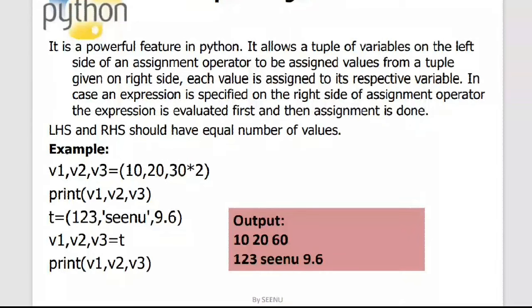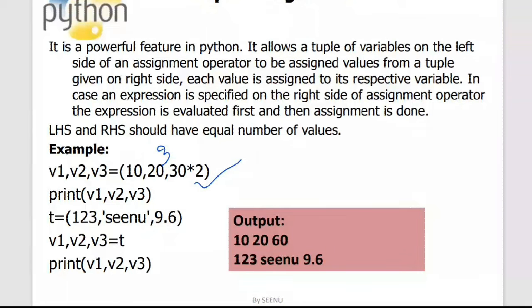Here I can do compound assignment by taking multiple values on the right side and the same number of variables on the left side. The number of variables should match. If I am giving three literals on the right side, I should have three variables on the left side. We saw this concept when I discussed the assignment operator. RHS represents the right hand side of the assignment operator, and this is LHS.